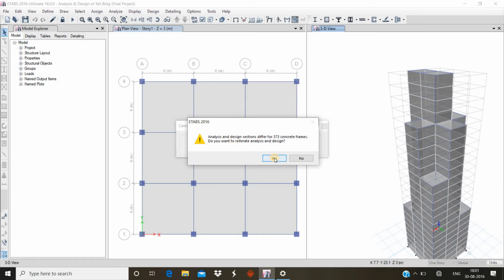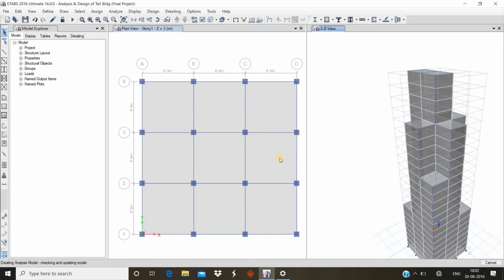So click on yes, and it will redesign the incapable elements by applying the auto select column and auto select beams option.